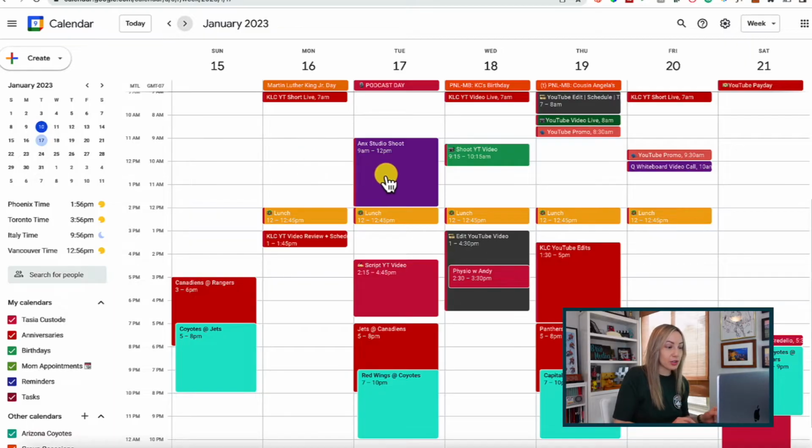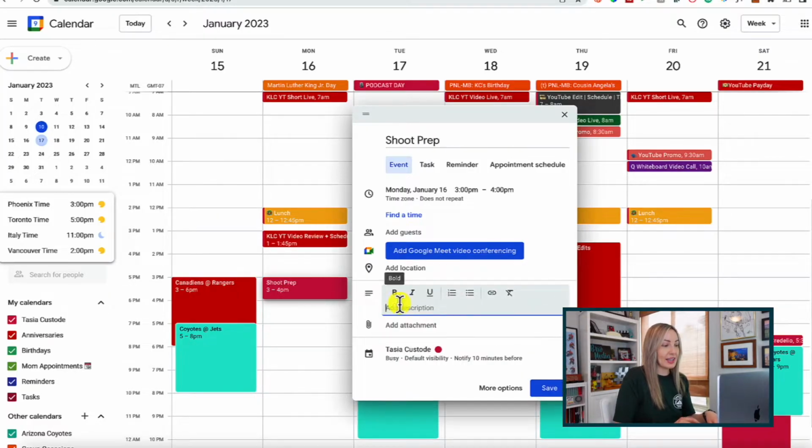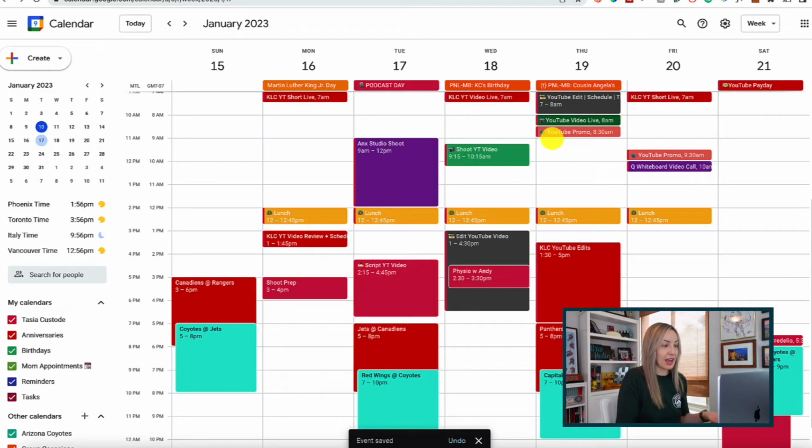I know I've got a shoot on this day. So what I want to do is block some time the day before so that I can prep for that shoot. So I'll just click on Monday afternoon, and then we'll call it shoot prep. And I can add in any notes here if needed, and then just hit enter. So now everyone in my organization that I've shared my Google Calendar with will see that I'm busy from 3